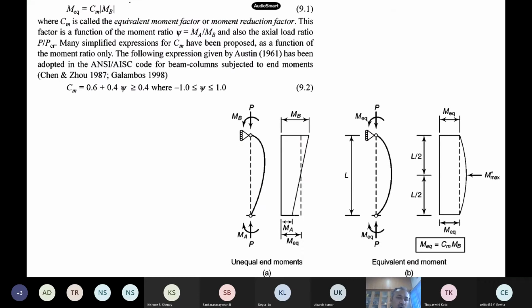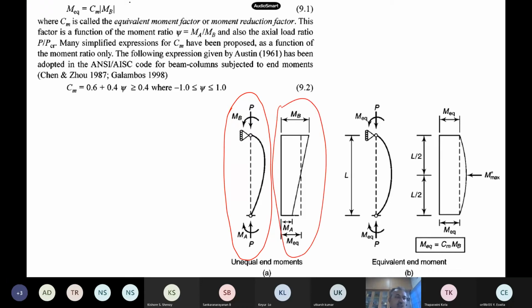Another thing in the code is that, in reality, the bending moments MB and MA may not be the same. You can have a variety of bending moment diagrams. If it is a UDL, you may have a different bending moment; if it is some other load, you may have other bending moments. So there will be a variety of bending moment shapes. Since the shape is not important, we are interested only in the maximum bending moment, which we will use in the design.